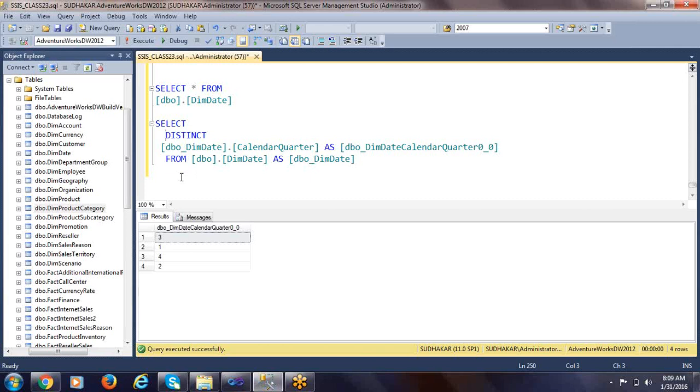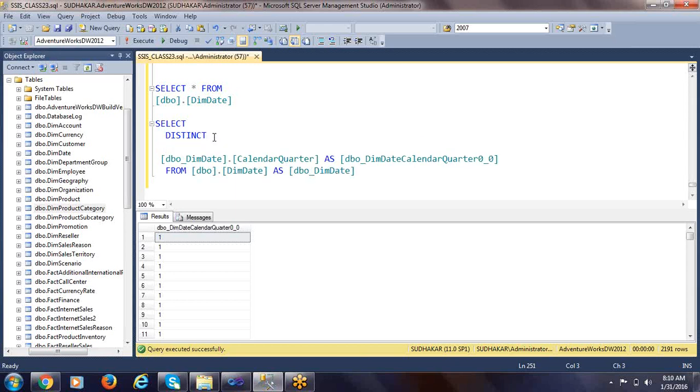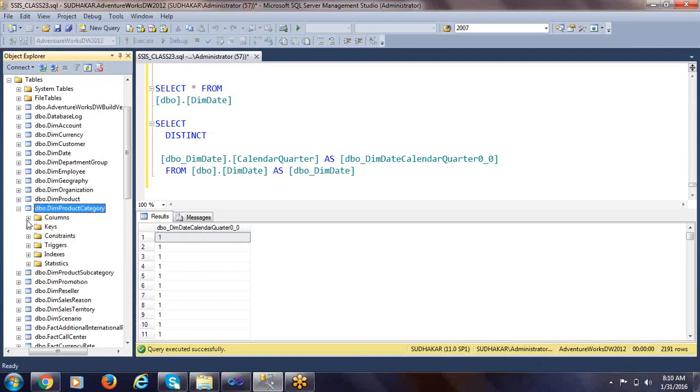So if I comment the distinct, then if I execute it, see how many values are there. 2191. This is also not correct for us. So our requirement is what? We need to identify each and every quarter available in each and every year. That means your quarter value should be in combination with the year value. After distinct, if you keep calendar year,